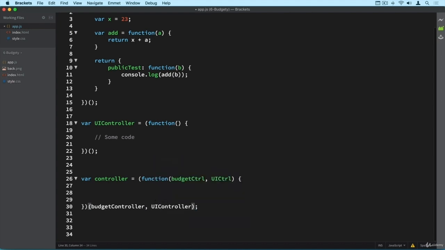So I could, of course, simply have used the original controller's name inside of the app controller. Or I could even not have passed anything into the module and simply have used the other controllers in here in our function, because of course we have access to them because they are in the outer scope. Right, so I could simply use, let's say, the budget controller